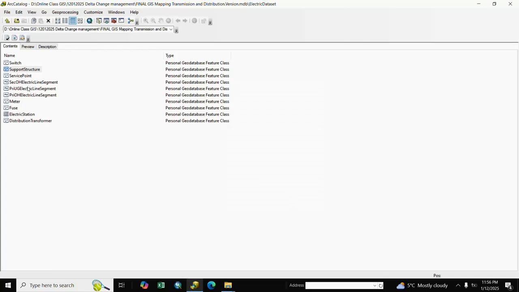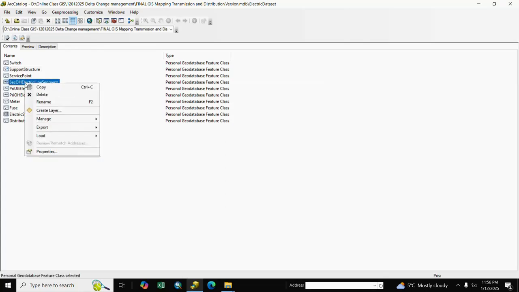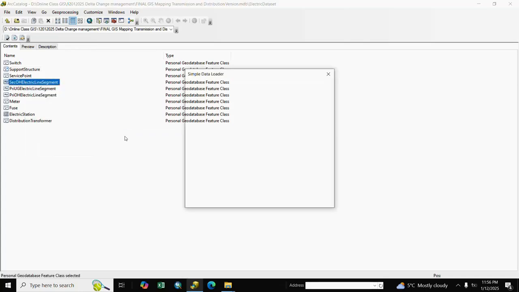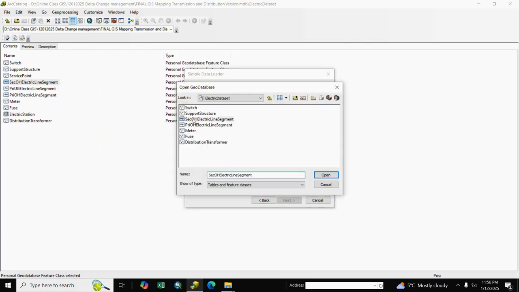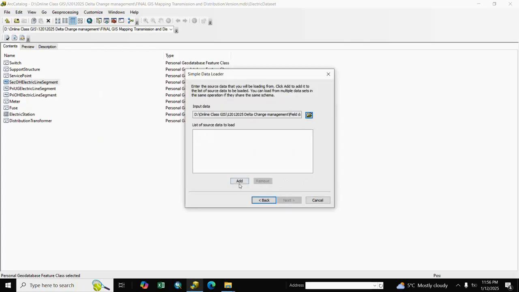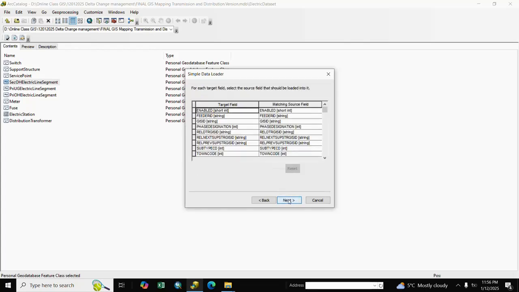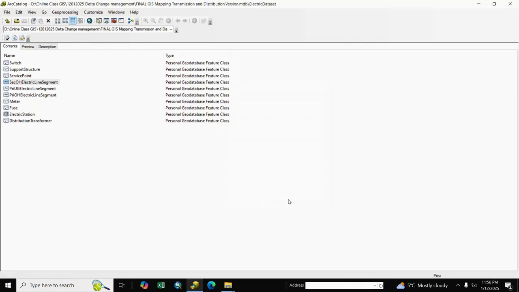Next secondary OH, we right click, go to load, and we select here secondary OH, add, next, next, next, finish.